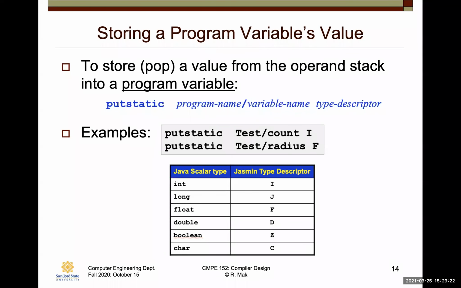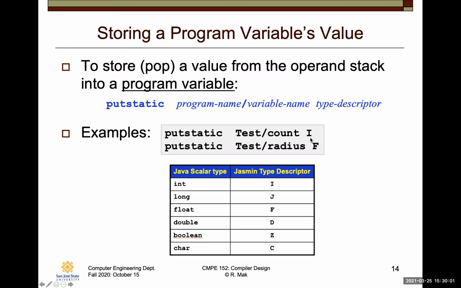Of course, to pop off a value from the operand stack and store it back into a program variable is a putstatic. Putstatic says pop off the value and put the value into a program variable. So if we're dealing with program variables, these are the instructions we would have in our Jasmine code: getstatic, putstatic, and then the name of the program slash the name of the variable, a space, and then